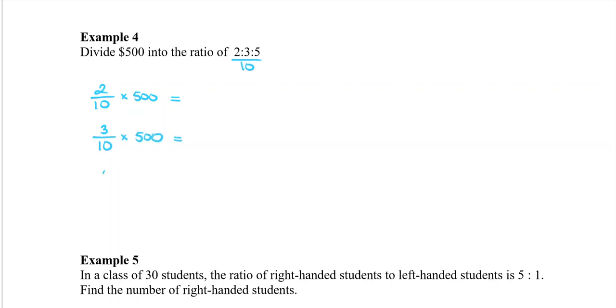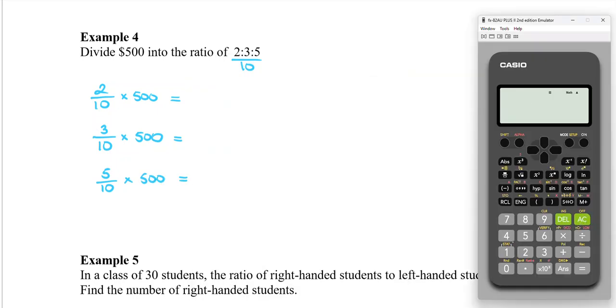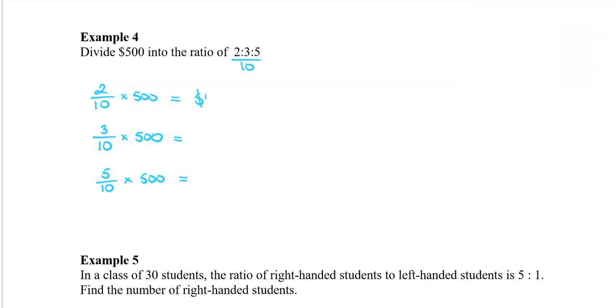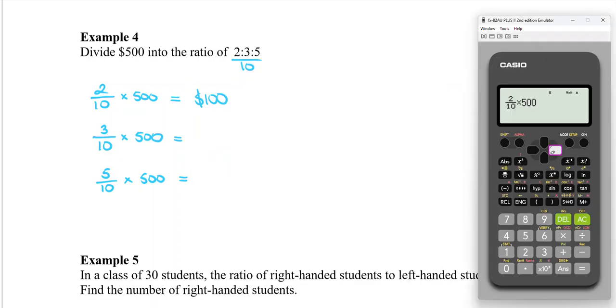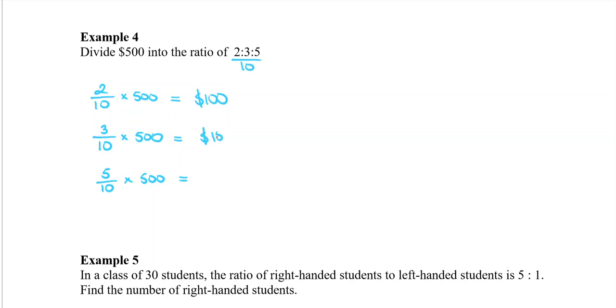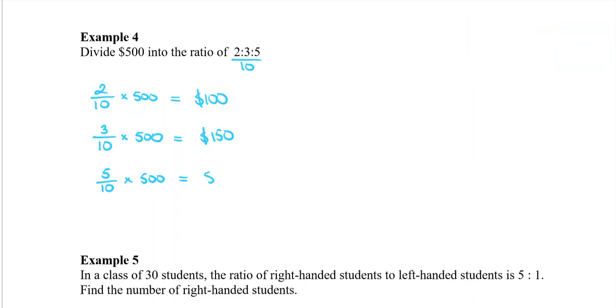The final person gets 5 out of the 10 parts, and you times that by 500. All right, then I like to calculate each one. 2 out of 10 times it by 500. The first person gets $100. Okay, change the 2 to be a 3, and the second person gets $150. And then finally, changing it to a 5, the last person gets